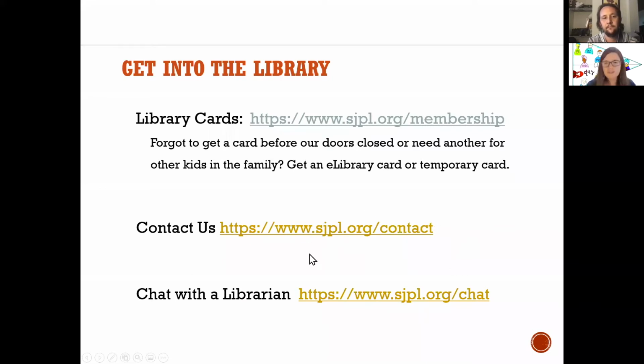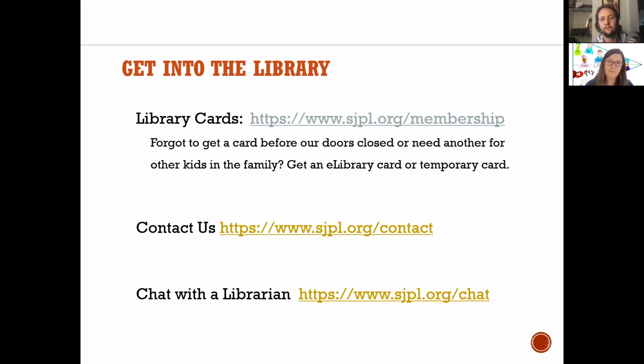So we have just a general contact page that shows all the ways to contact us, as well as, I've highlighted here, chat with the librarian. This is available during certain hours that the library is open, and it is staffed by librarians from around the system, and they are ready, willing, and very able to answer any questions that you might have about your account, about certain resources, about another resource that you found that I didn't even have time to cover. So if you have any questions, please feel free to contact us. We're always happy to help. We're in the business of helping people, so we love it.